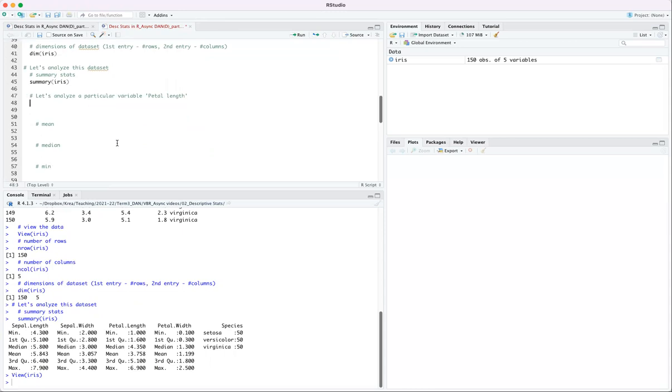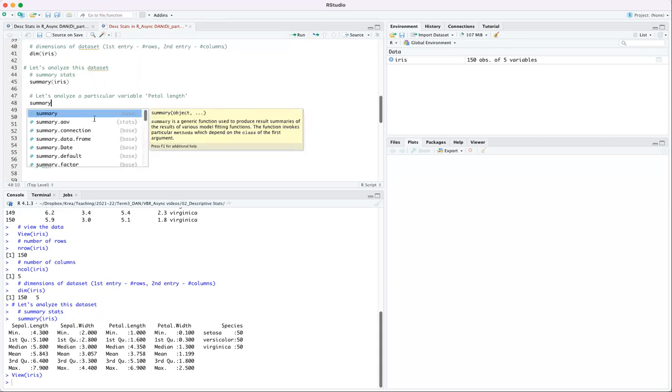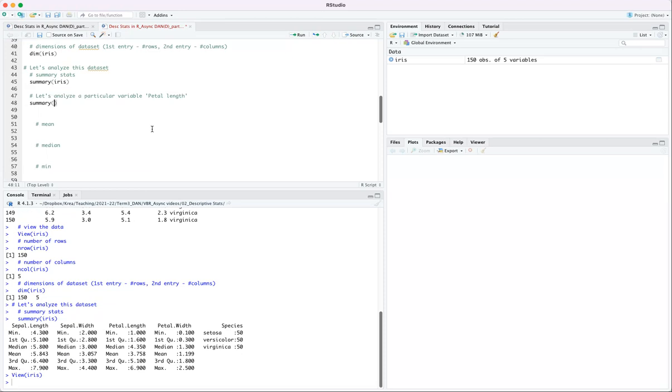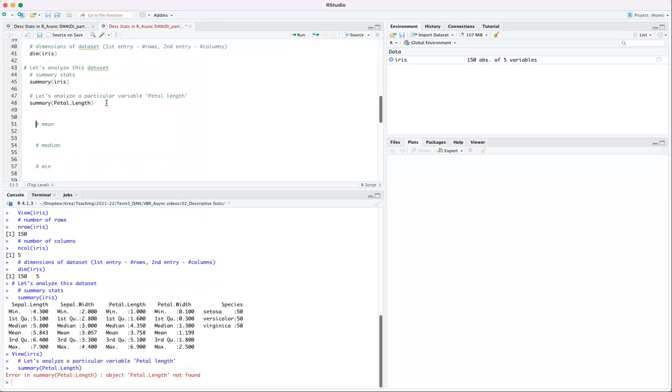Now, if we want to focus on a particular variable, then we can apply this summary function to a single variable. Make a note of how I refer to a single variable. I'm going to call it summary of, let's say I want to analyze the variable petal length. If I just type petal.length, that's how the variable is named here, so I'm just going to use the same name. If I type summary petal.length and do control enter, R shows me an error that it can't find